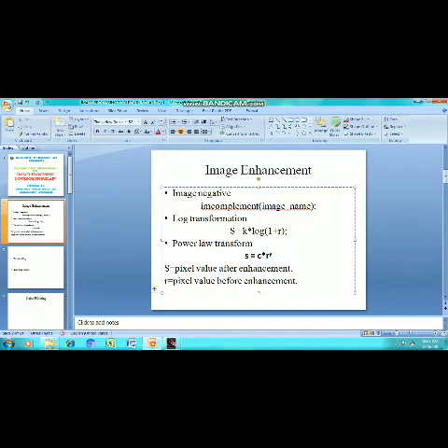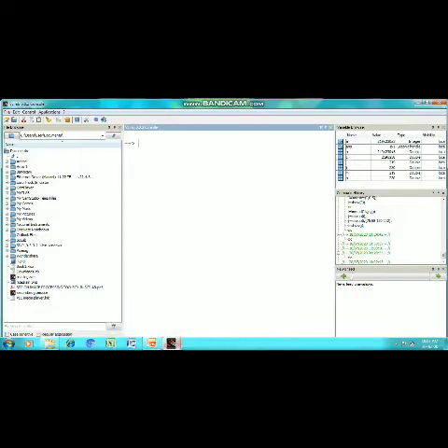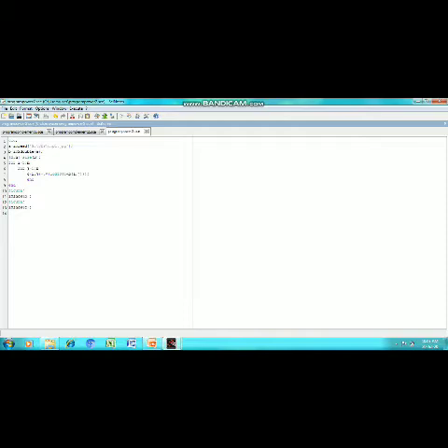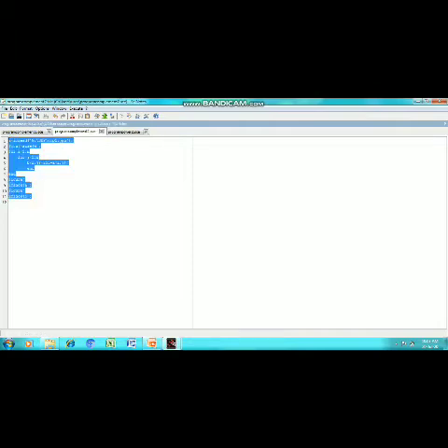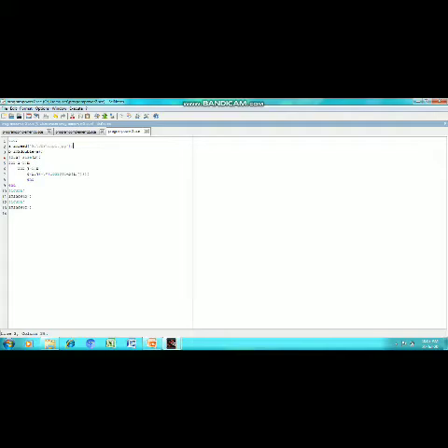So once again, I will go to Scilab and take the script. We have already done the earlier program, so I just copy paste that program. Now see here, there is one correction in this program.